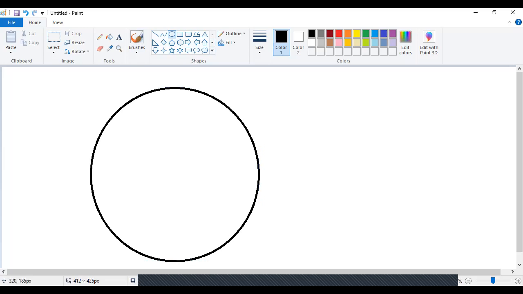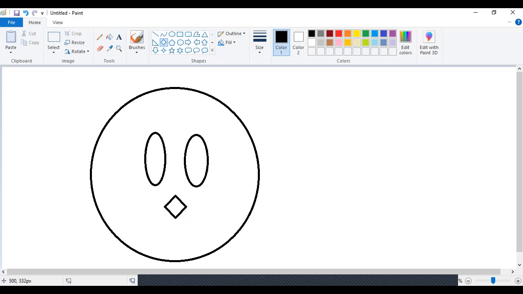So I'll click on this again and we'll make two eyes. Now for the nose, I want to choose this square like this. It's not in the center, so we can just move it like this.